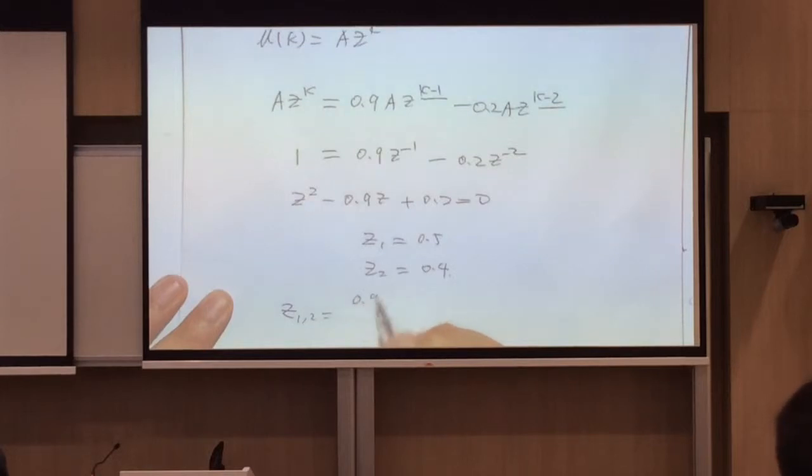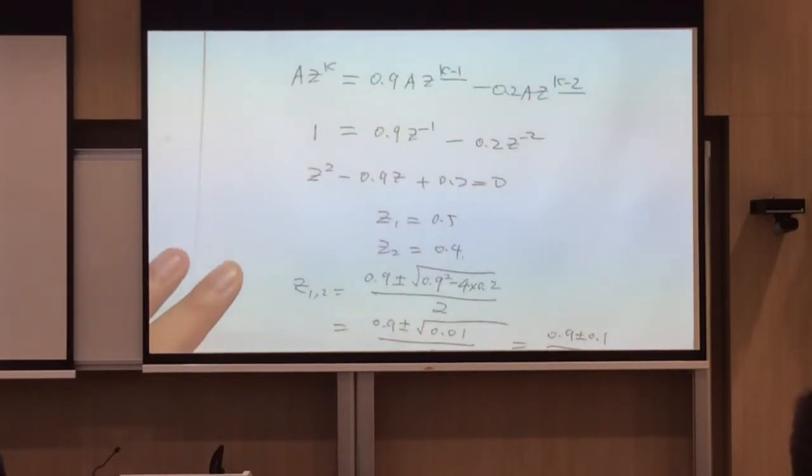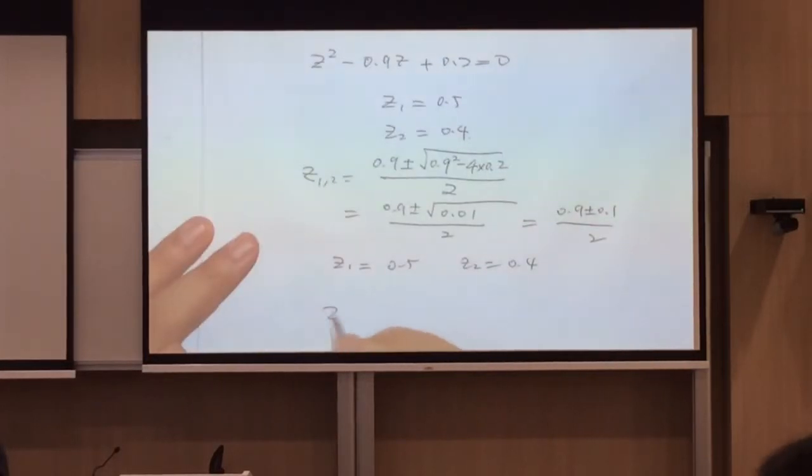minus b with 0.9 plus b square minus 4ac divided by 2. So this one will be 0.9 plus 0.01. Right? So it will be 0.9 plus 0.1. Okay. So this is one way. The other way you can do this one will be